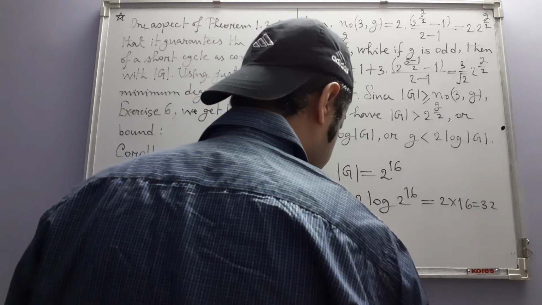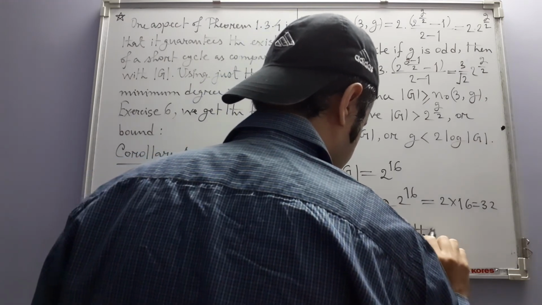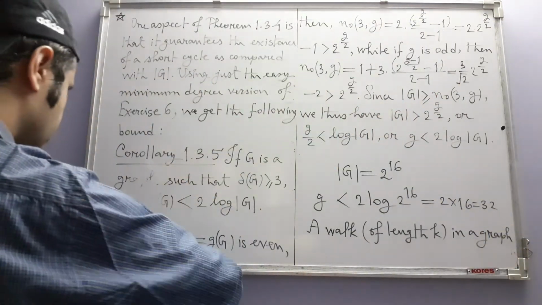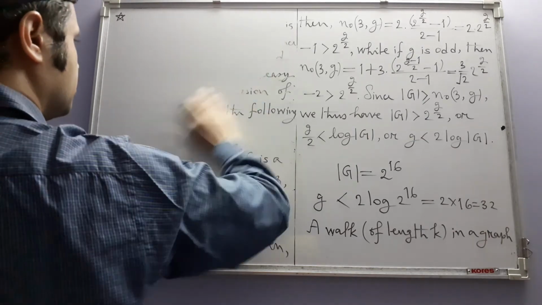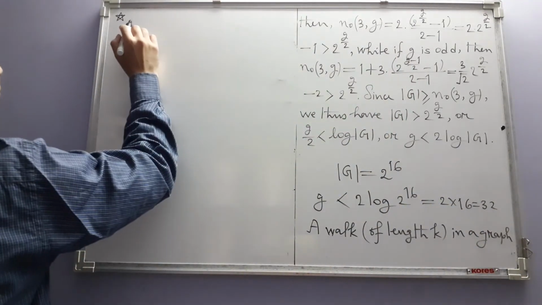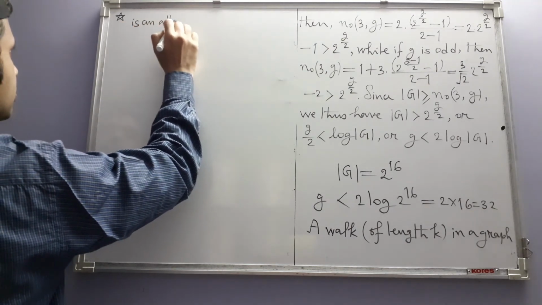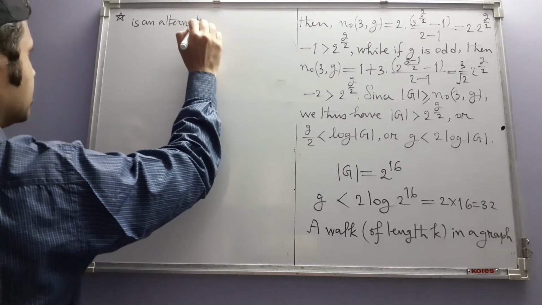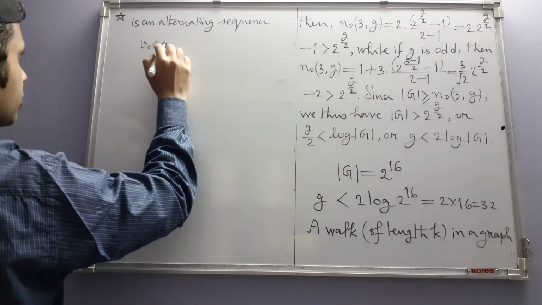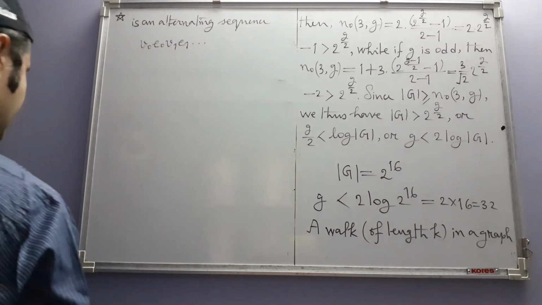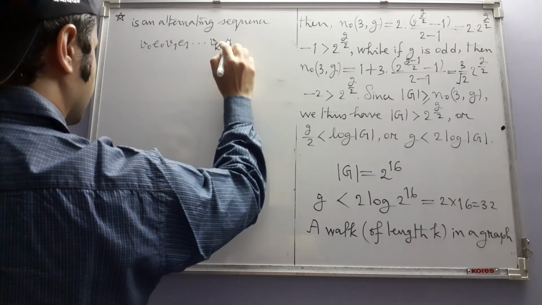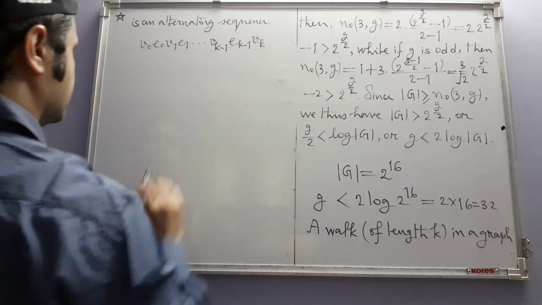A walk of length k in a graph is an alternating sequence V naught, E naught, V1, E1 like that up to V k minus 1, E k minus 1. Let us just write V k also,